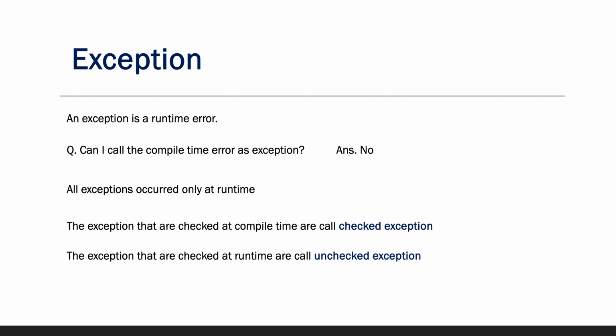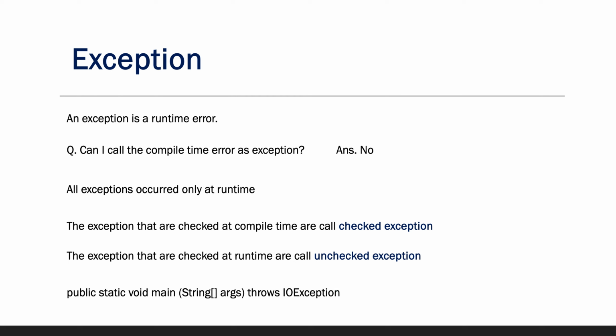So the Java compiler allows writing the Java program without handling unchecked exceptions and errors. But in case of other exceptions like checked exceptions, the programmer should either handle them or throw them without handling them. We will see how to handle them and how to throw them without handling. But he cannot simply ignore them because the Java compiler will remind him.